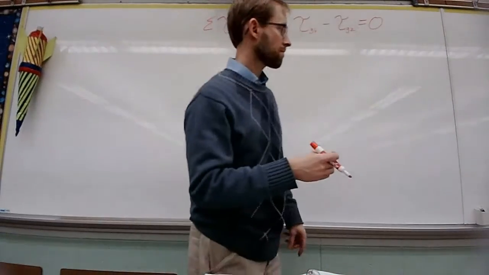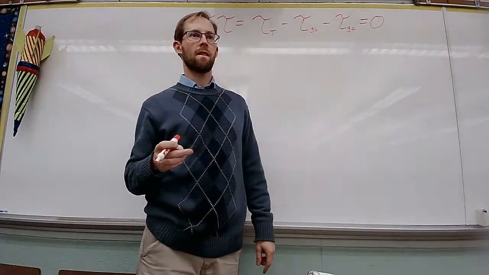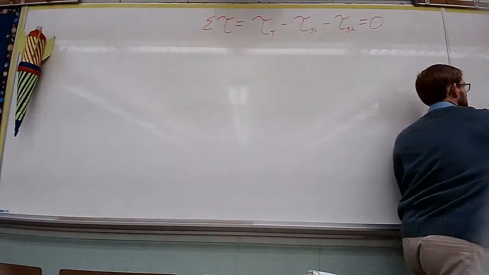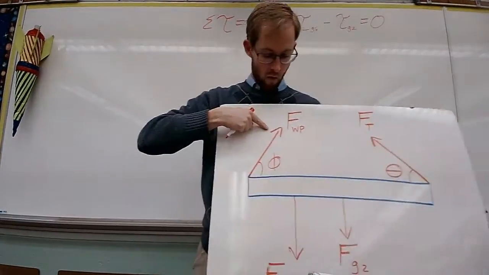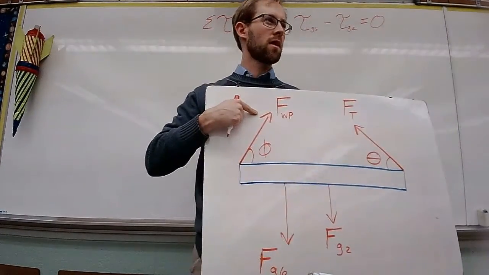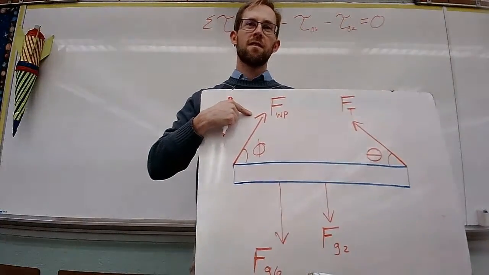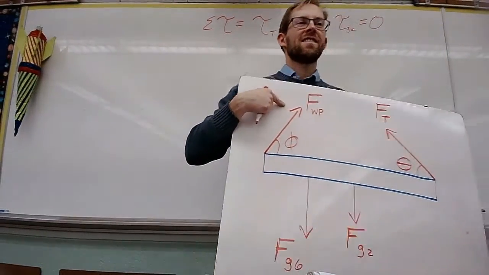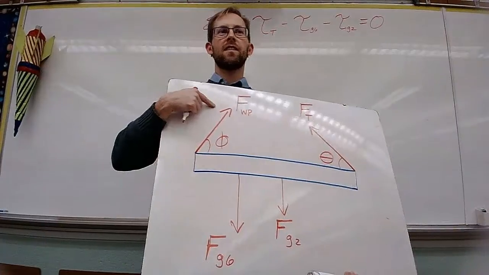So, I really don't like drawing. Okay, I can see how you get there. But what about the other force? That's a good question. What about the force of the wall and the pivot? Why am I not taking that into account? Oh, because that's where the torque is happening? Kind of. That's the focal point.